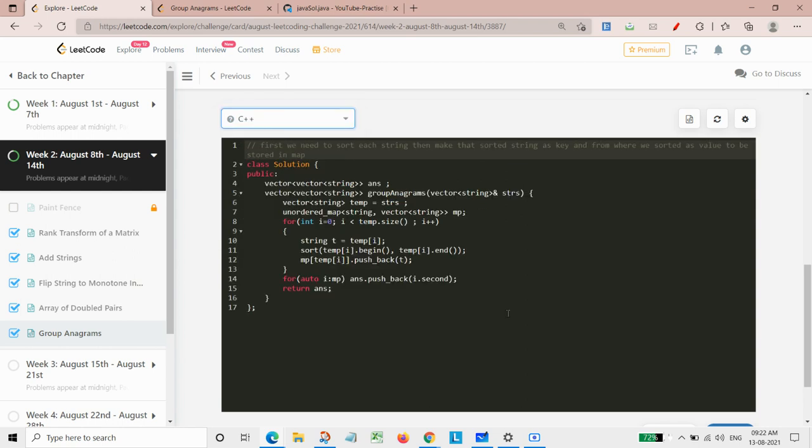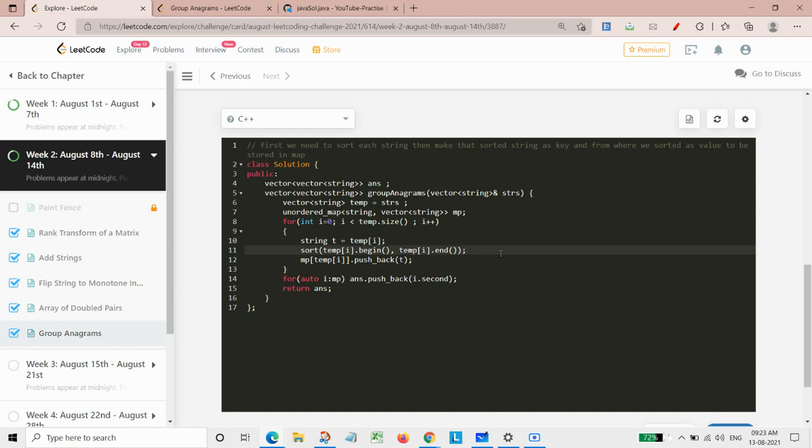Now, as we have used unordered map, because of this unordered map the time complexity won't be like n log n, because there was no sorting in that unordered map, but we have sorted each string in this step. And if we take the length of the maximum string, as there are several strings of different lengths, we take the length of the maximum string as say k.